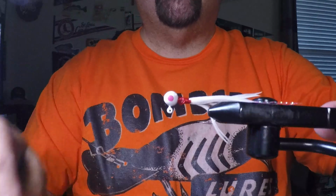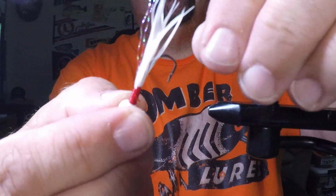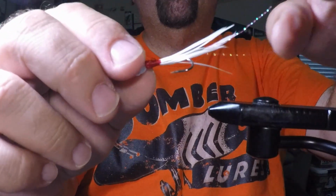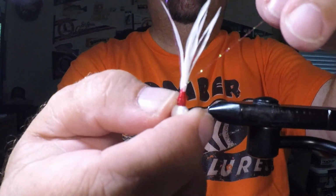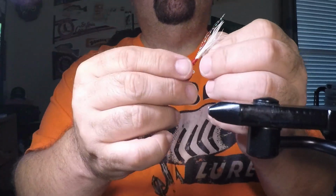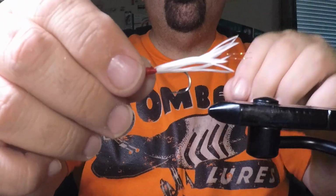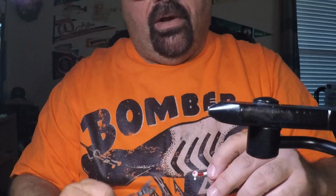Nope, we're going to have some problems with that. I'm going to have to trim that a little later, but look at that flash. See with the white right here? This thing is lethal in the water. This reflects light really well in clear water, and on a cloudy day, you'd be surprised at how the light ricochets off there. I'm going to trim it just a little bit at the back end, not much. And it just glistens in the light. And in murky water, it picks up a little bit. Alright, so this one came out nice, except for how I botched the...